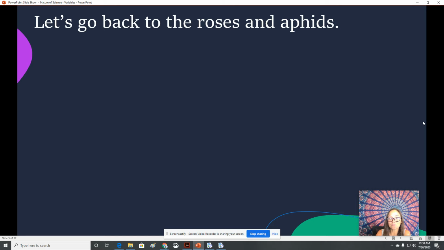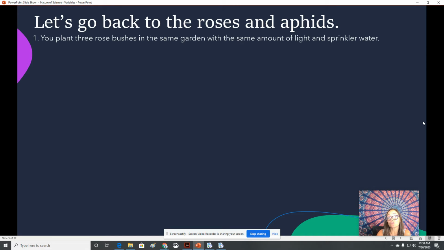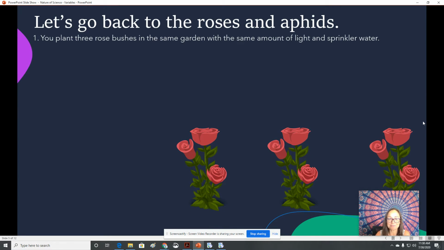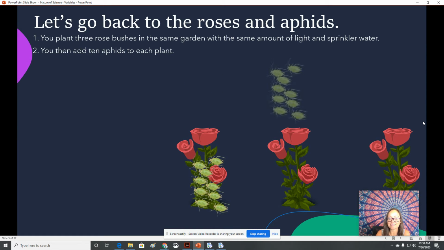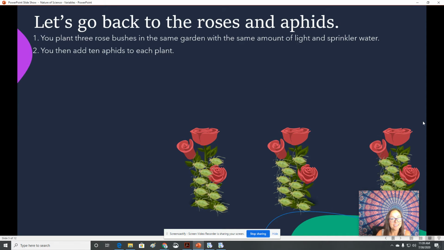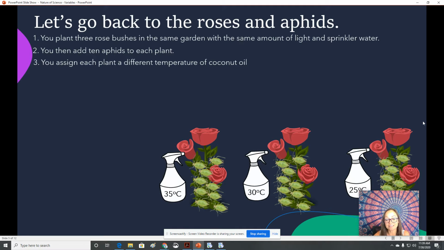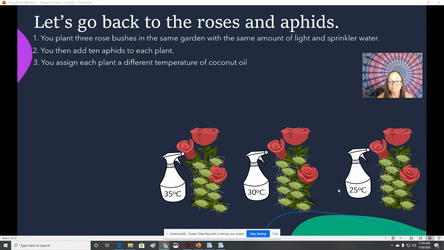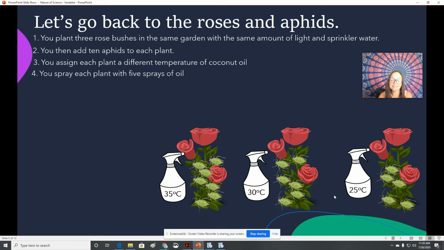Okay, so let's go back to the roses and the aphids. Let's say you're setting up a controlled experiment to test the effectiveness of different temperatures of coconut oil. So you buy 3 rose bushes of equal size. You add 10 aphids to each plant, so you're keeping it nice and even and equal. Okay, and then you assign each plant a different temperature of coconut oil. So we have 25 degrees Celsius, 30 degrees Celsius, and then we have 35 degrees Celsius. Now, you spray each plant with 5 sprays of coconut oil. Okay, and then some of the aphids die, and then you take your observations and you record the number of